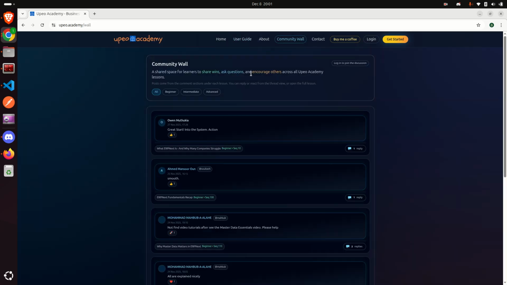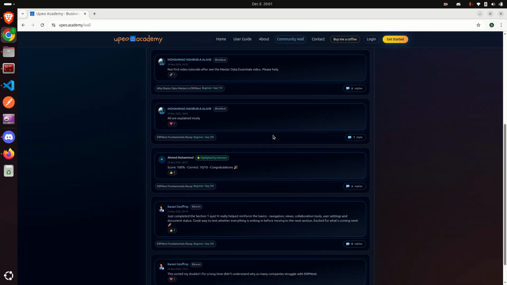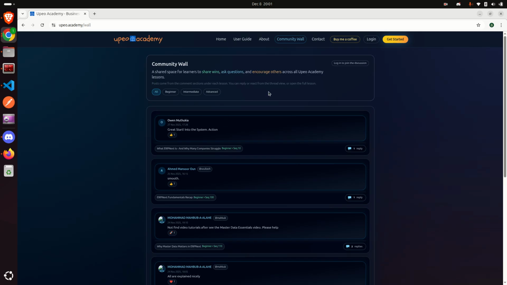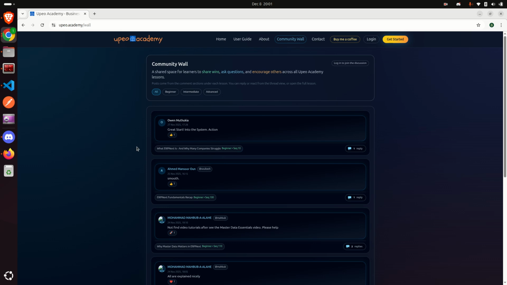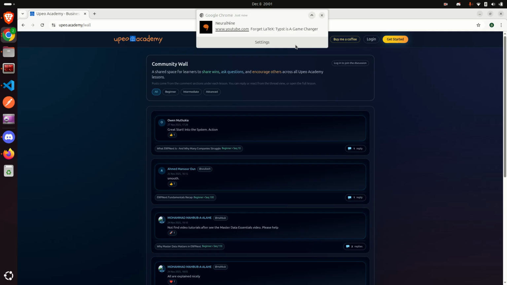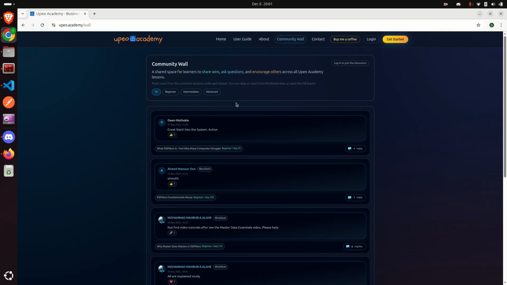Here you have the community wall. The community wall is where we are going to be having most of the conversations. So the users that are in the system and are commenting, all those comments are going to come to the community wall. I decided to put them on the community wall so that people can decide to reply to them, or if no one replies, I can go ahead and reply. So here there could be questions, there could be comments about how the courses are, and so on and so forth. And I'm also going to show you how to post your information there when we are